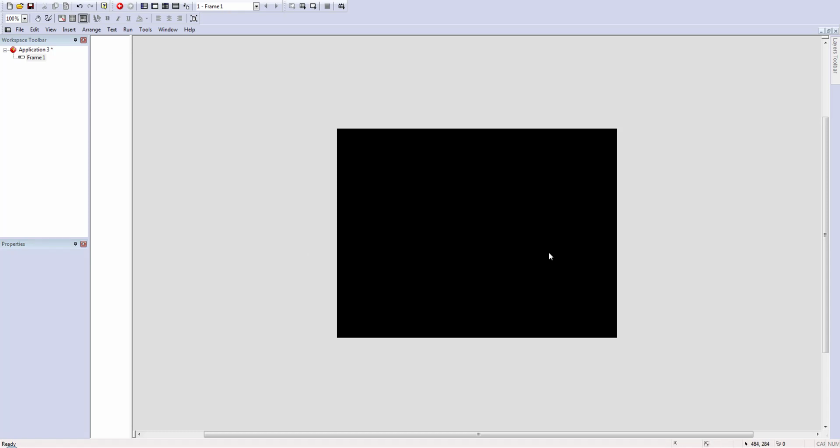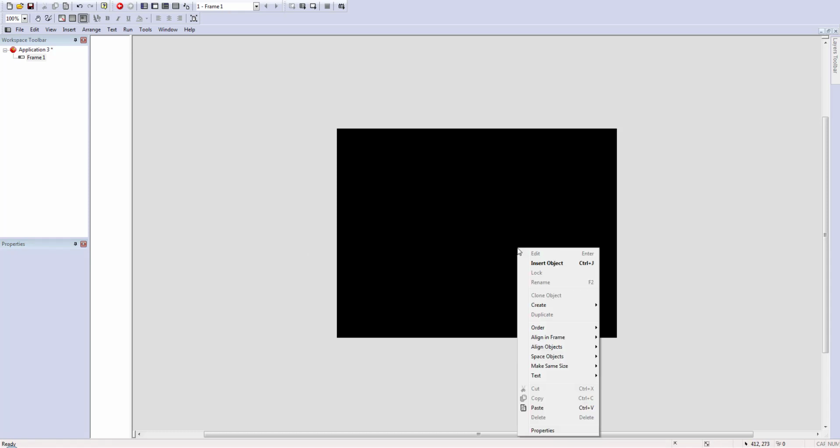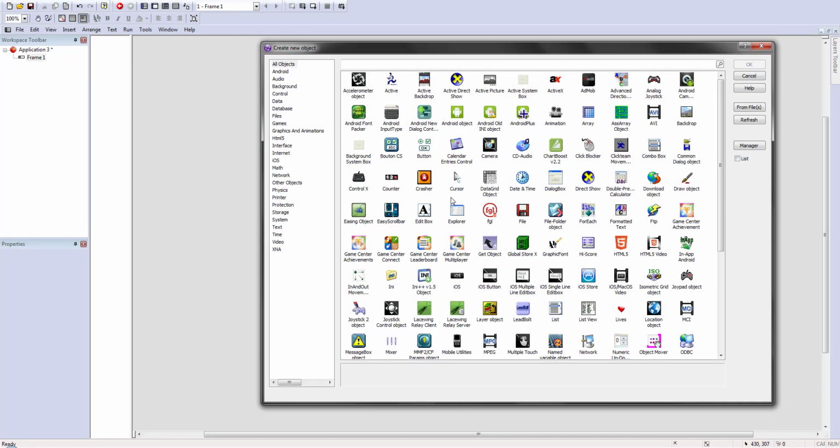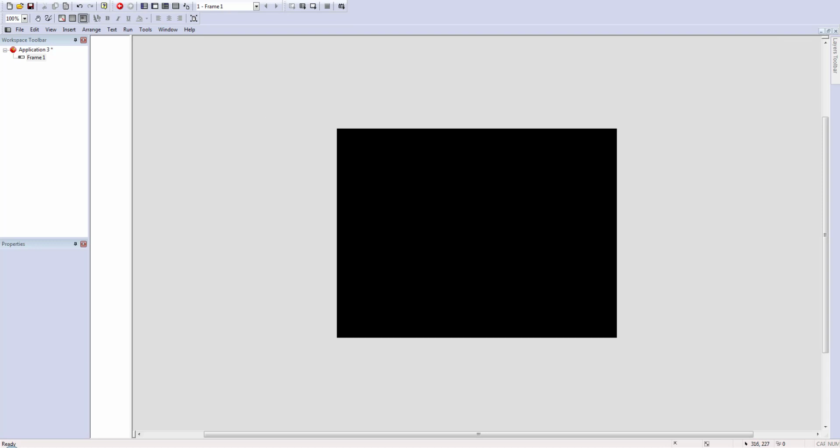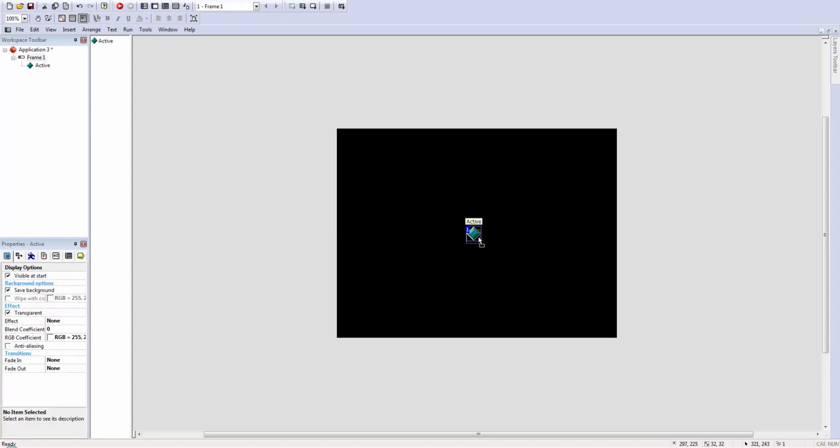Now that we've got our nice black background, we're going to right click, go to Insert Object, and click Active. If it's hard to find in here, there is a lot of this. You can just type it in the search bar here, but it should be one of the first ones to come up. Alright, after you've clicked on Active, you'll come up with this little crosshair. Just click anywhere. I'm going to click in the middle of the screen, and that'll plonk down your active object. Actives, if you're new to Clickteam Fusion, they're basically objects that have the ability to move or react with their